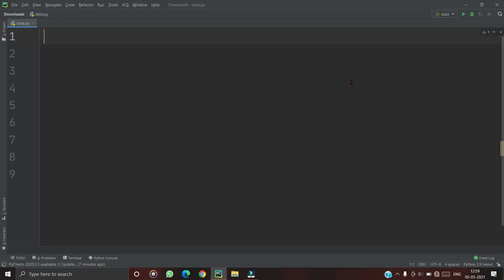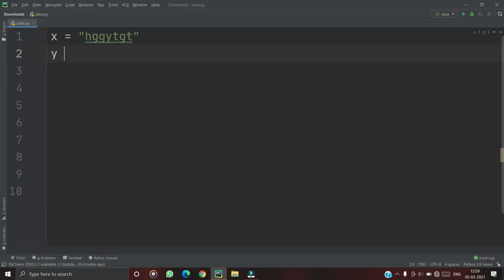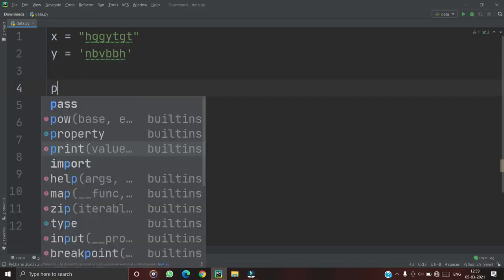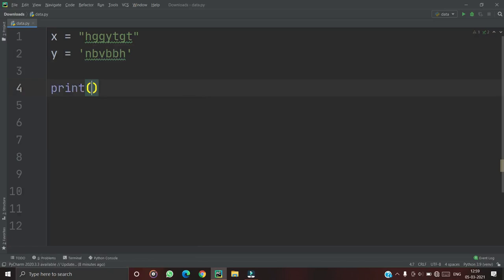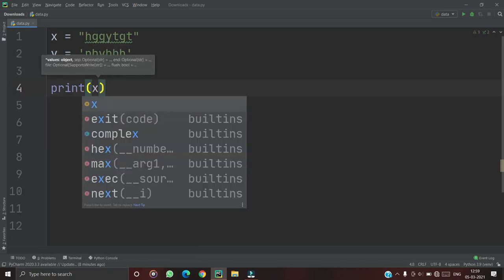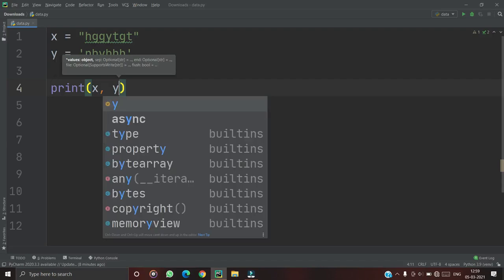Suppose we want to print, suppose x is one string with double quotes and y is one with single quotes. Print x, y.